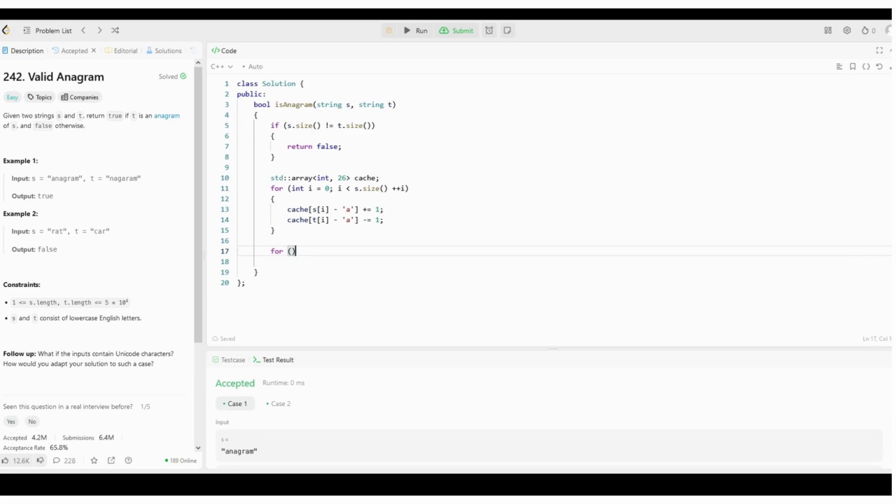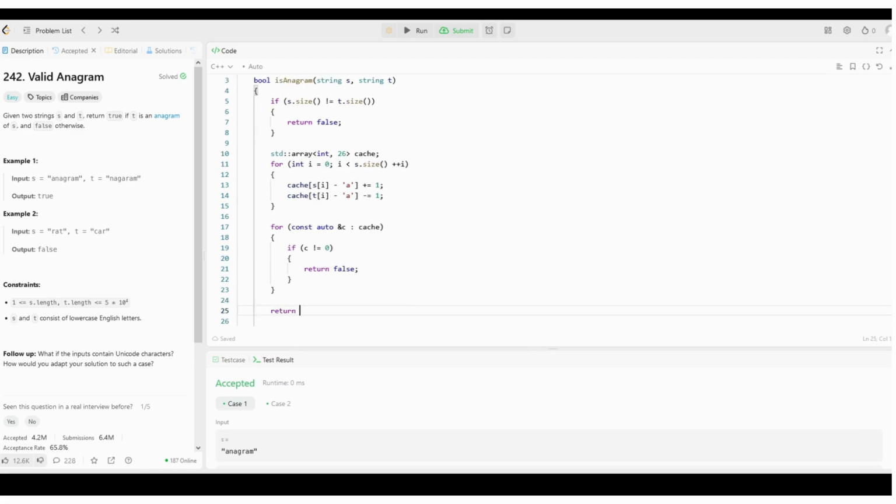For all the values in the cache, we can use const auto ref c for all the values in cache. If a value is not equal to 0, we can return a false, meaning T is not an anagram of S. But if we never hit this if block, that means all the values in the cache are equal to 0, we can return a true,